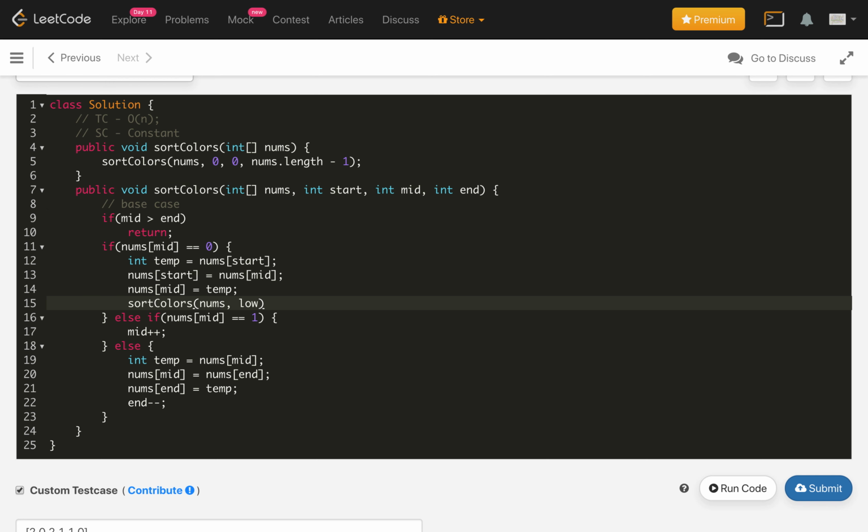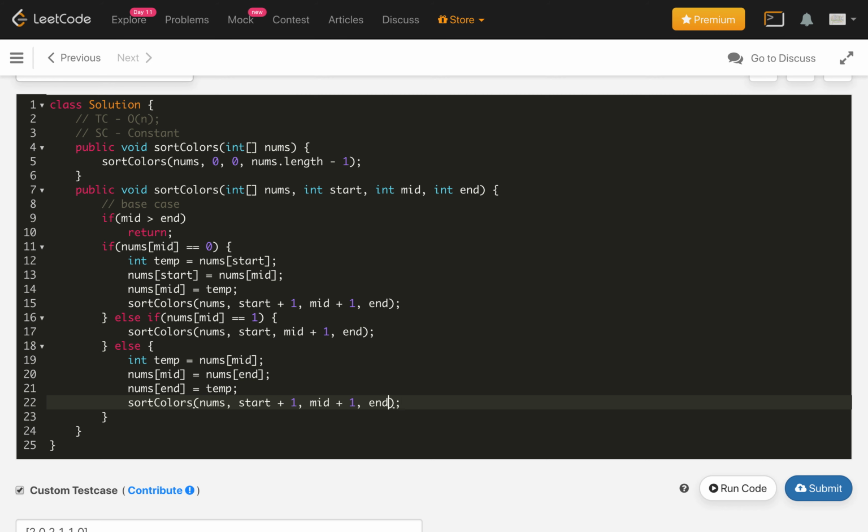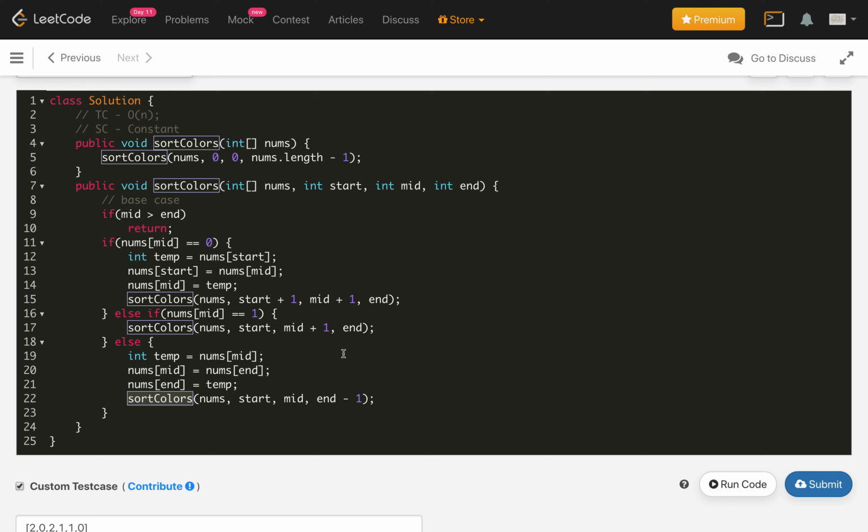Here we just pass start +1, mid +1, and the end as it is in this call, and in the second call we just need to increment the mid. And in the third call we just have to reduce the end, and start and mid stay the same. So this is our method, and the implementation is done.